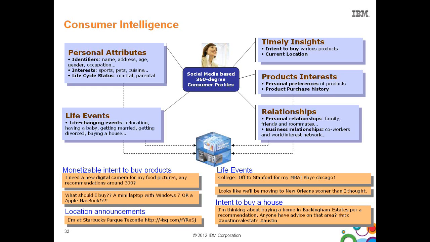So one is you're getting life events of various things. The second thing you're looking at is people's intent to buy. I'm interested in buying an iPhone, or interested in a smartphone, any suggestions? Someone is just asking on Twitter or Facebook. Now you can look at that and figure out, oh, there's an intent to buy here, and what specific thing